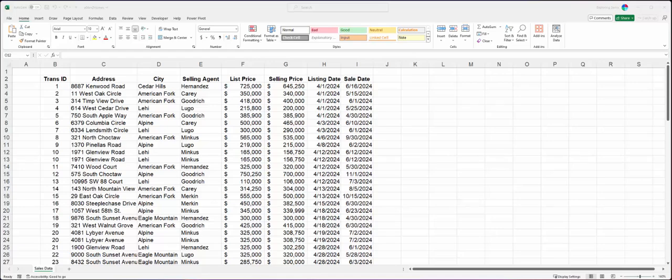Hello and welcome to a video that we have done before but needed a little bit of updating, all about the world of data tables in Excel. So I want to jump right in with this data set that you see in front of you, but before I do that, I want to talk a little bit about what data tables are and how they work in